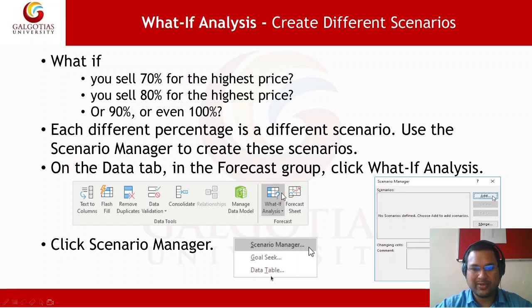You will be given three options: scenario manager, goal seek, and data table. From that you click scenario manager, then this window will come in front of you. Here you are going to add the different scenarios. What are the different scenarios? 60, 70, 80, 90, 100, like this.